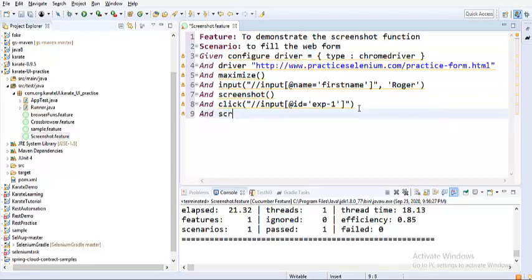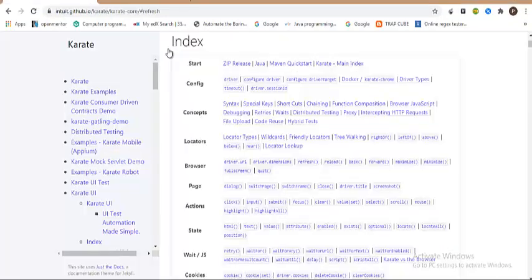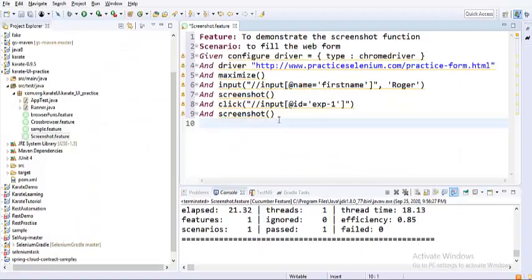Another screenshot, so that we'll know that this function also executed properly. So if you see, there is a function called screenshot that basically helps you to take the screenshot of it. And finally, I would like to put a delay of at least 2 seconds so that the window stays for at least 2 seconds to see the operations have been performed successfully.